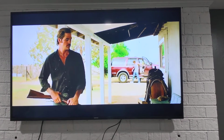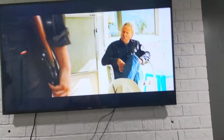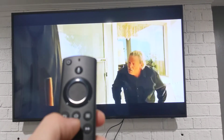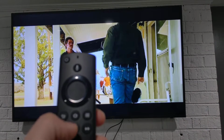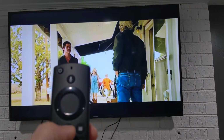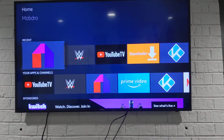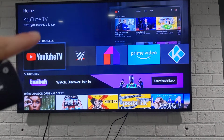So, that is that. Once again, all right, I'm done looking at this app. I'm now going to hit the home button. Once again, the little arrow-looking thing, the house-looking thing right in the middle of your remote. Well, let's go home. Exemplary. All right, and the last thing I'm going to show you,